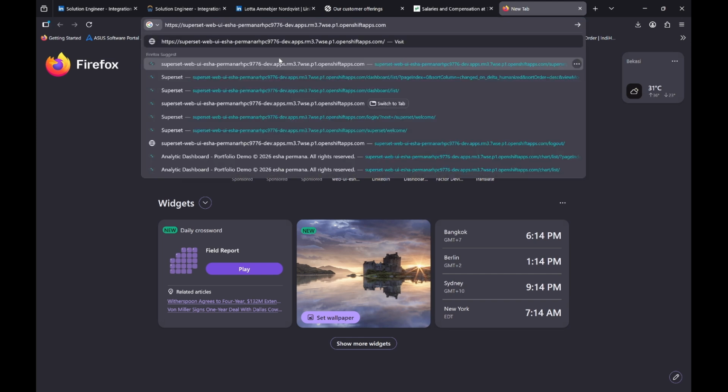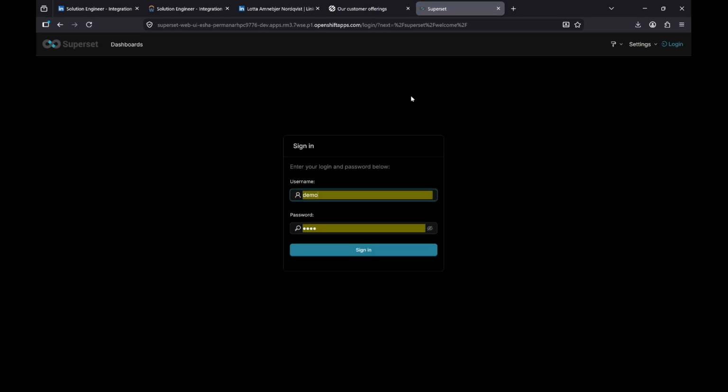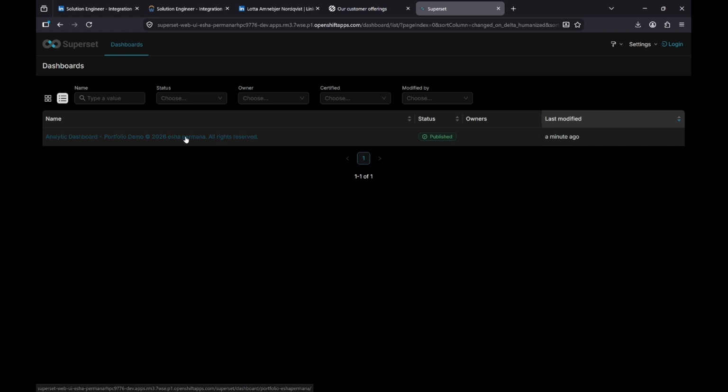So I will use, you can check on the application has onboarded, and then we can click dashboard without login.